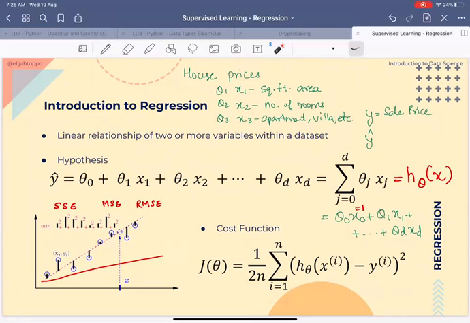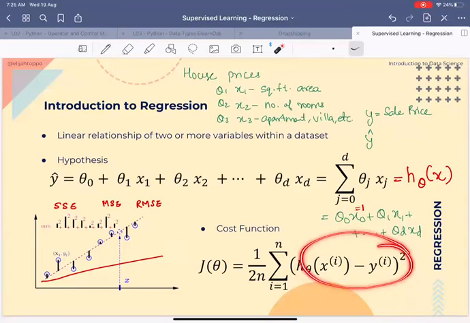So the idea is this is our prediction. That is, if I give the value x to this hypothesis, based on the parameters, we will predict a value, which is our y hat. We will compare how good or how bad this y hat is doing with the actual label of the data. So that will be our error. We will square it so that, either positive or negative, an error is an error. Whether we are over predicting or under predicting, we want to give it equal importance.